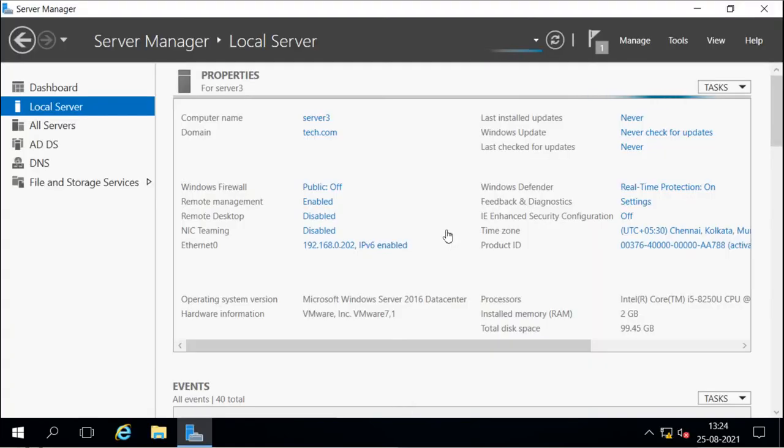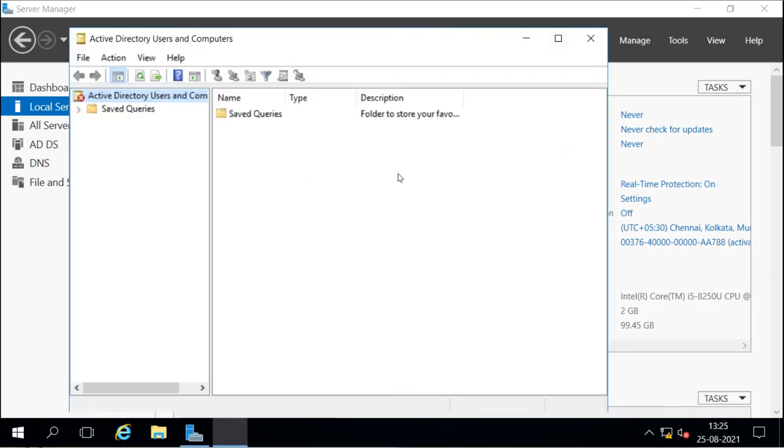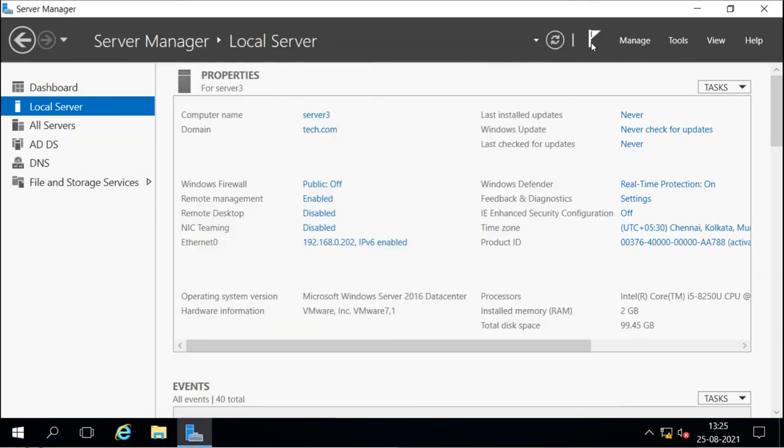Now it is ready, and now you can see it is showing the domain name as tech.com, and it is not carrying the parent root domain's name here. It is creating a new domain here. It is a tree domain, and it is having a different namespace. So it is not carrying the namespace of the root domain. So it will be a new tree, and we can create child domains for this tree also. That means if you create a child domain of this tree domain, it will carry the namespace of this tree domain.